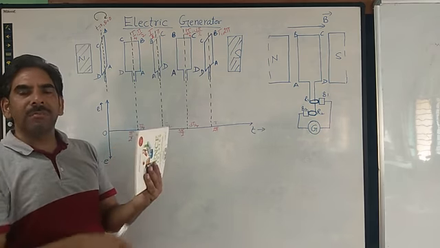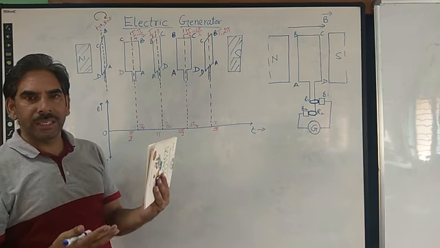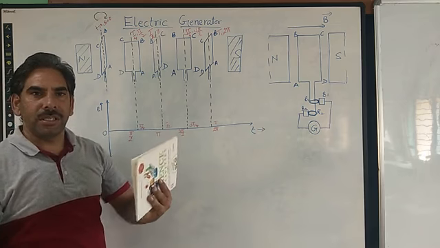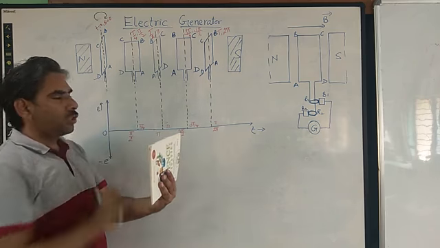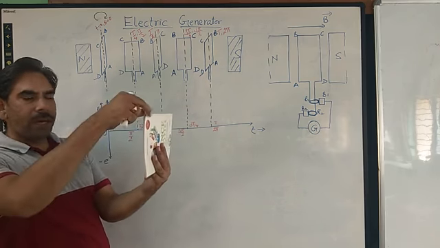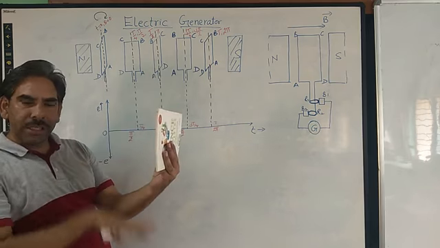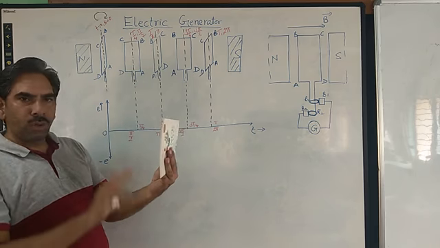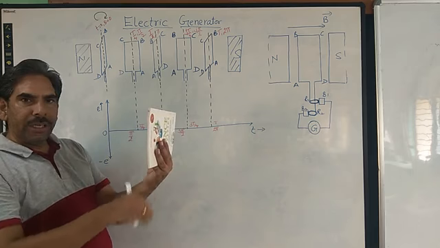But it is not the maximum flux which is the point of interest during electromagnetic induction. It is the rate of change of flux. So we will talk about the rate of change of flux in all these situations. So in the first case, arm AB is on the upward side and arm CD is on the downward side. Now to rotate it, we provide a force on arm AB in the downward direction and on CD in the upward direction.